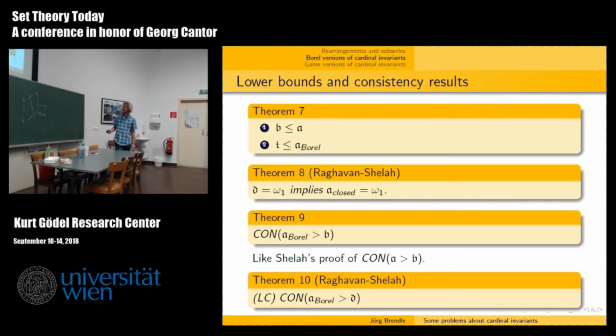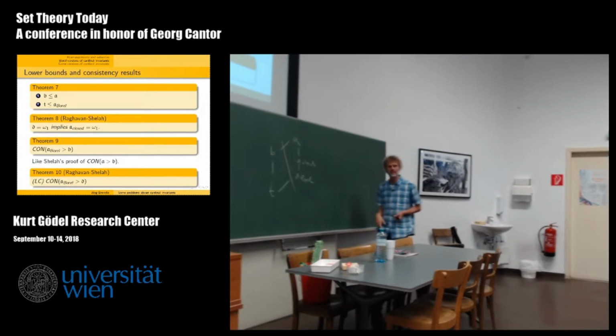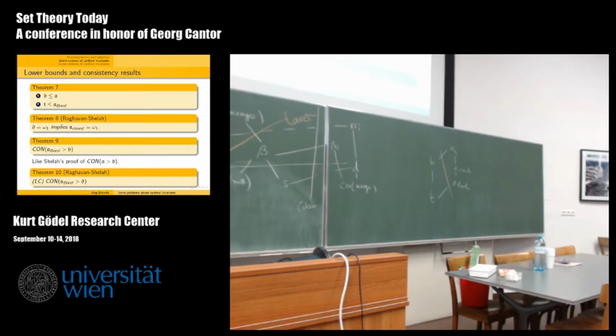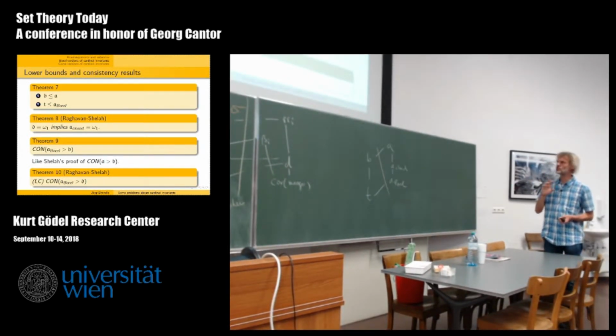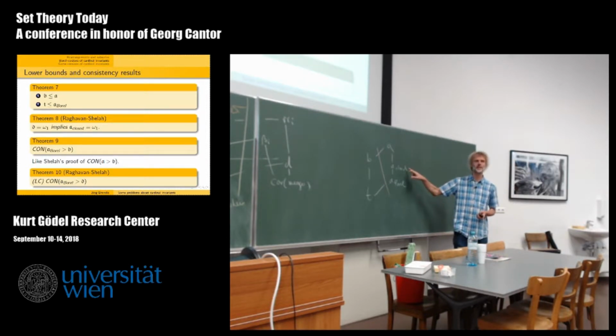So why does the other proof not work? The other proof depends on the fact that we have this inequality, because the template model makes b large enough, and then a has to be even larger, and that's why you get this. But this b is not a lower bound of that one. If s is r, that's not quite true. It's actually an open question, but it's almost true that if s is Aleph 1, then this one is also Aleph 1. And in the template model, s is Aleph 1. Something a little bit stronger than that is enough, and that will be true in the template model, and for that reason, this will be Aleph 1.